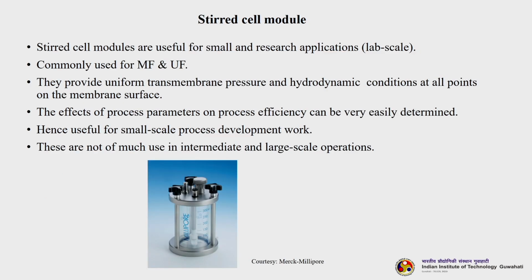Now, students, let us see the different types of configurations one by one. The first and most important membrane module configuration that was developed is the stir cell module. You can see the picture, it looks exactly like this. This is a dead end filtration module, and it is called a stir cell because there is a stirrer inside, which is not visible. I can have a mechanical stirrer from here, or a magnetic stirrer with a magnetic plate here, so that the module will be stirred.